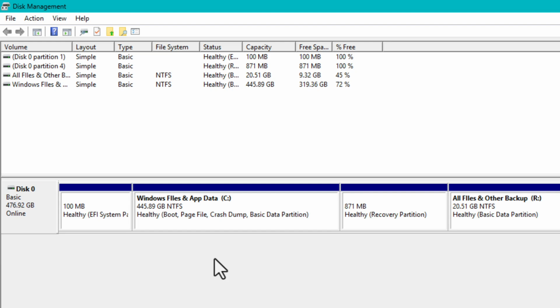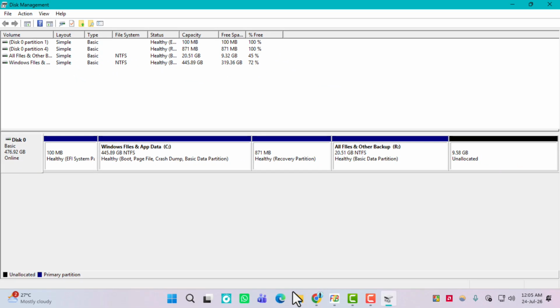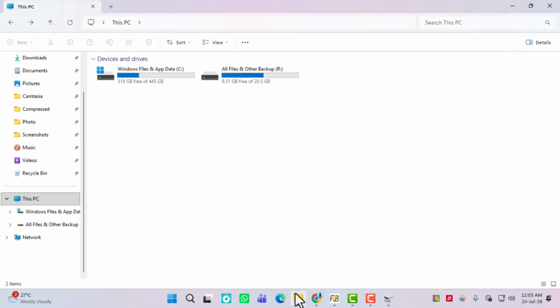And that's it. As you can see, the free space from the D drive has now been successfully added to